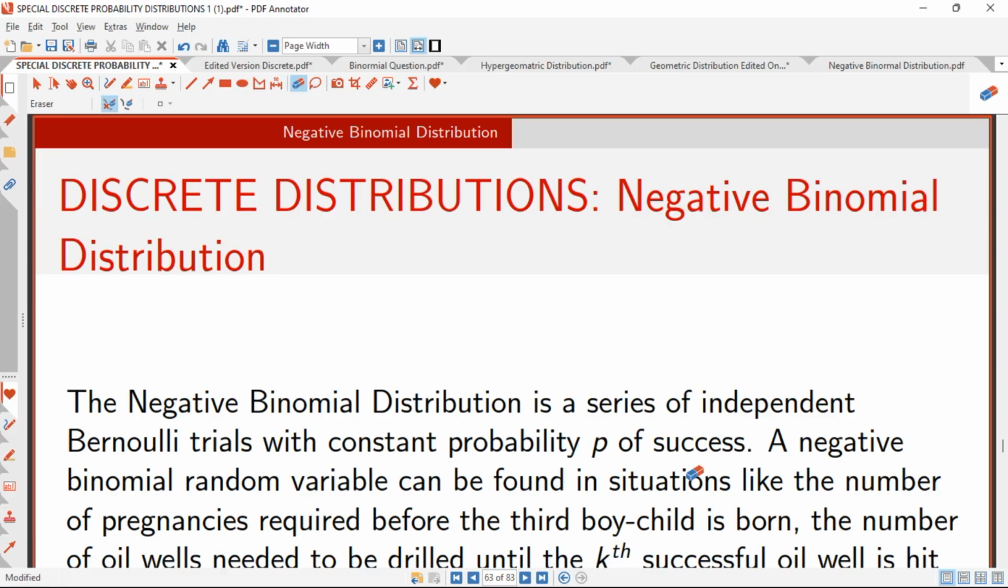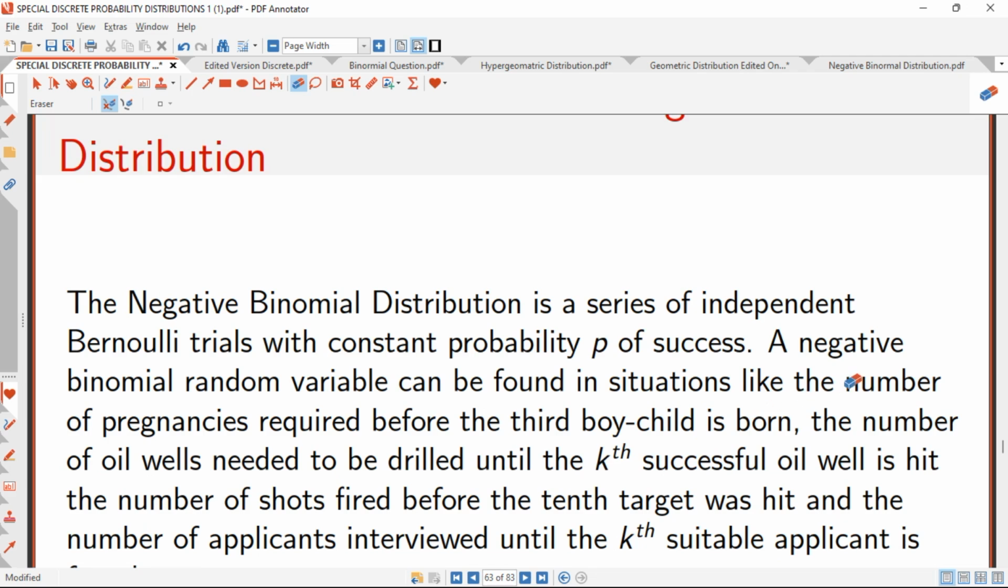Today we are going to discuss what is termed the negative binomial distribution. The negative binomial distribution is a series of independent Bernoulli trials with constant probability P of success. What the negative binomial distribution does is observe the number of trials until we achieve the kth success. For instance, maybe the number of pregnancies required before the third boy child is